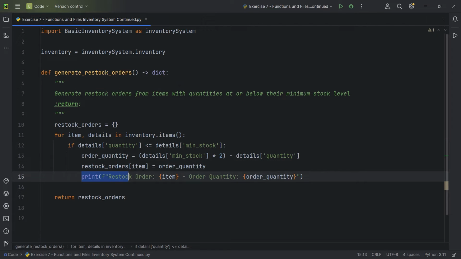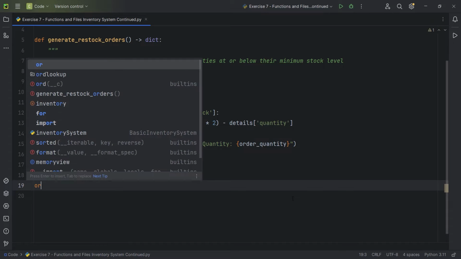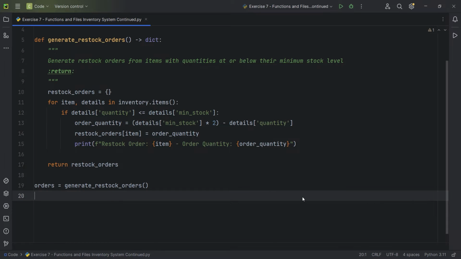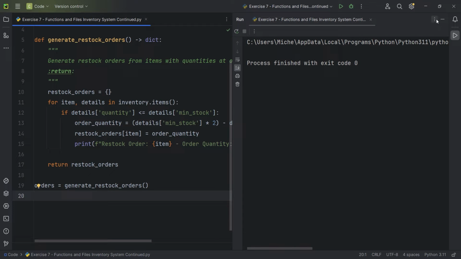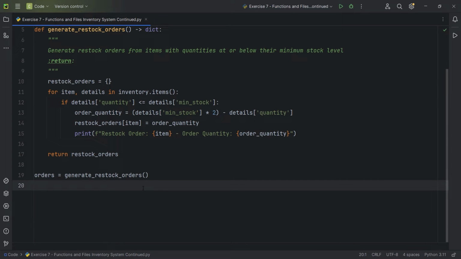And finally, we print out a statement saying that this is the item that we restocked and this is the amount that we restocked it with. So let's go ahead and test this one out. I'm simply going to say that the orders are equal to generate restock orders. If I right click and I run, I don't get anything printed out. Why? Because I don't think there's anything to actually restock. So what I'm going to do is